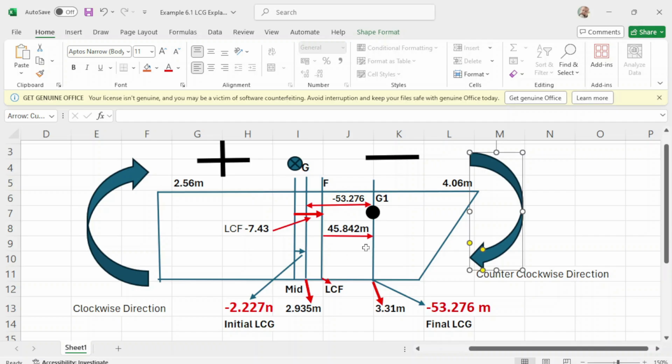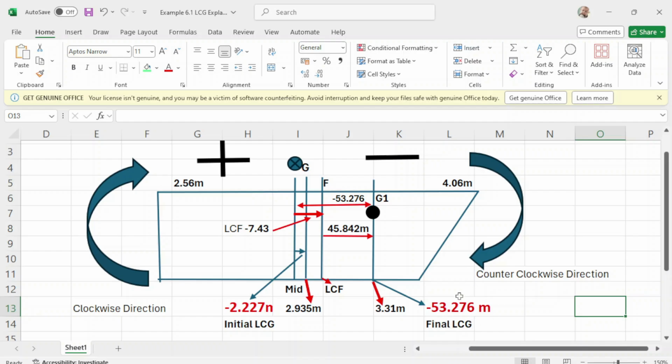Okay, and the final LCG is negative 53.26. So from the middle, it should be here. This is the distance from midship. So from midship going to the new center of gravity, the distance would be negative 53.76.